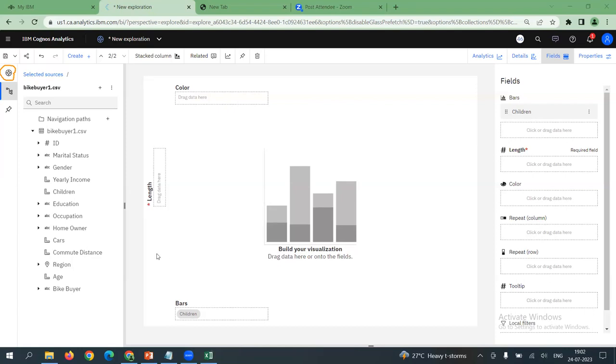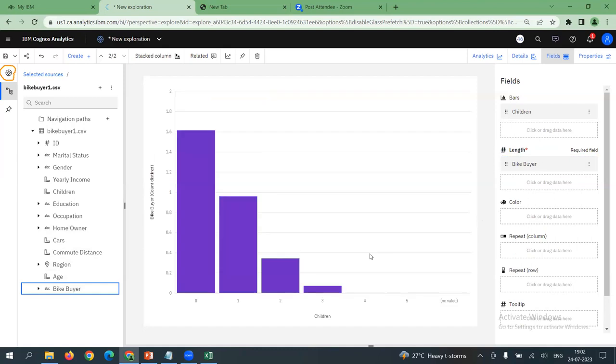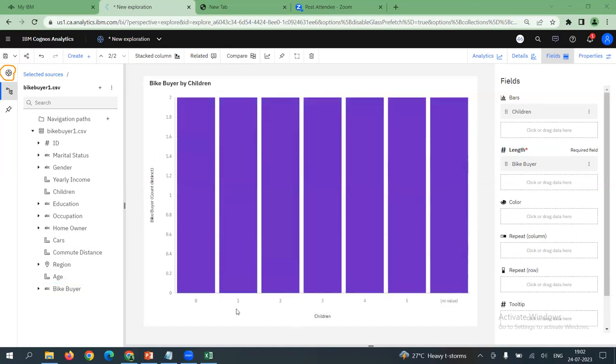Then on the length field, let us place our target variable here. So vice versa. Unlike the previous suggestion, I am just projecting. Could you see now some visualization is generated here? On the x-axis, what are these 0, 1, 2, 3, 4, and 5? Anybody? When I did this modeling visualization, I could project some visualization. Children count, category. It is children categories.